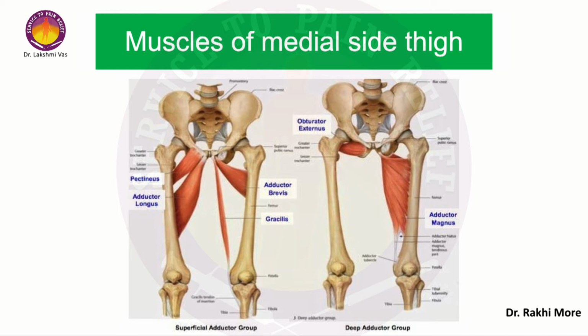Now the adductor magnus, it's a very wide muscle. It takes origin from the ischiopubic ramus as well as the ischial tuberosity. So it has two heads of origin. One is the pubic part and one is the ischial part. Both heads have different functions, but the insertion is also very wide. As we can see, it is still in a deeper plane to the adductor brevis if we go from the anterior aspect, and the insertion extends right up to the adductor tubercle.